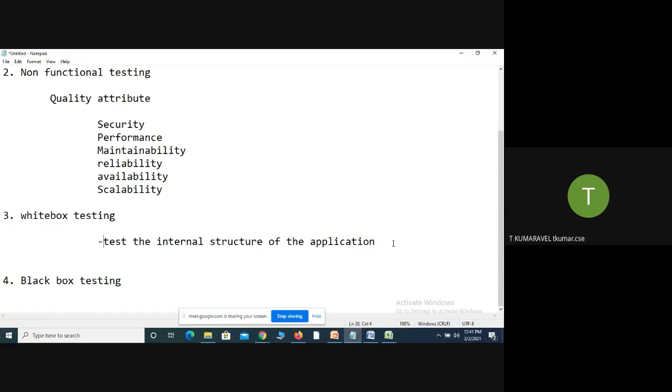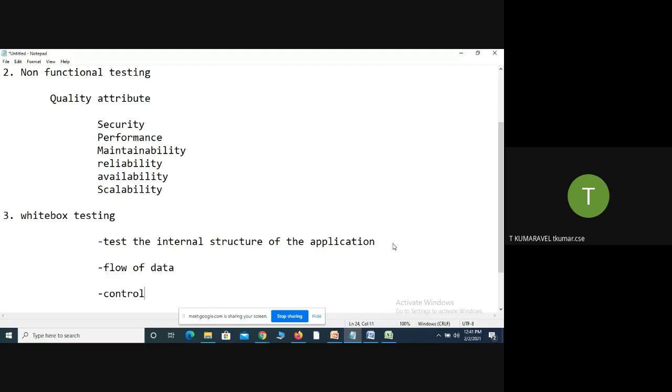Here, what are the things we do in white box testing? We check the flow of data, how the data flows, and then we check the control and branching sequence.